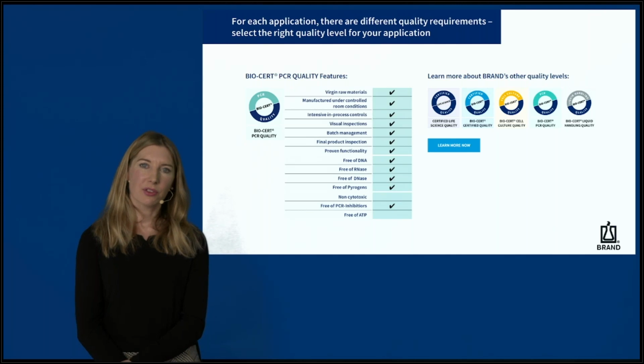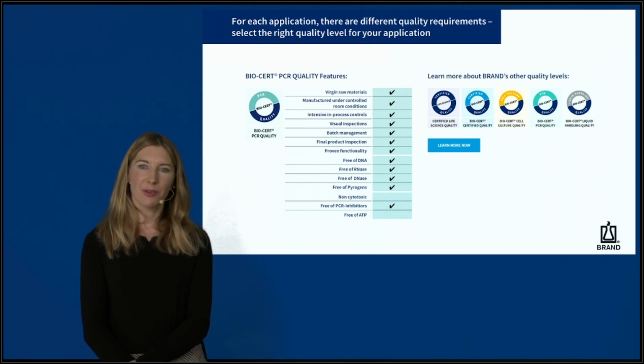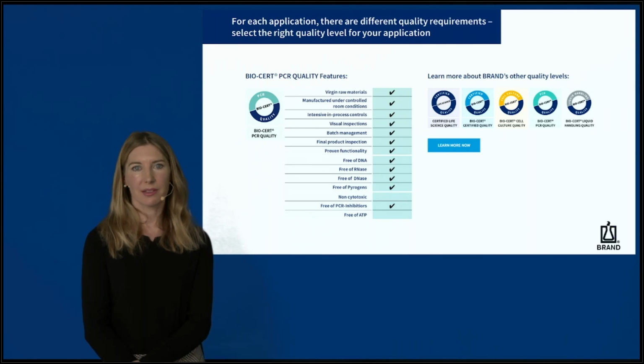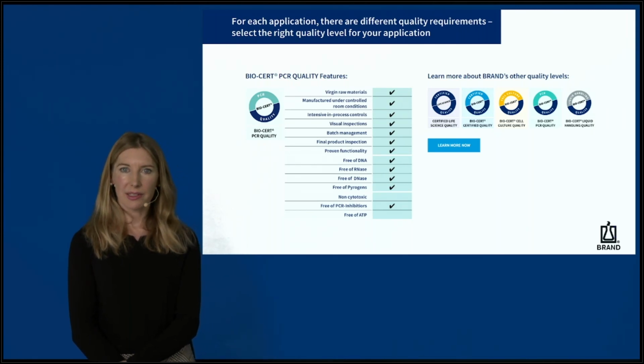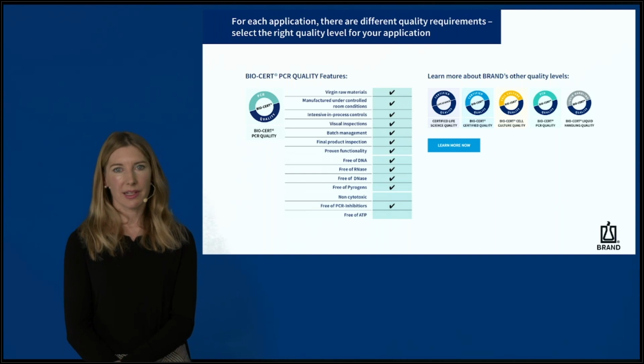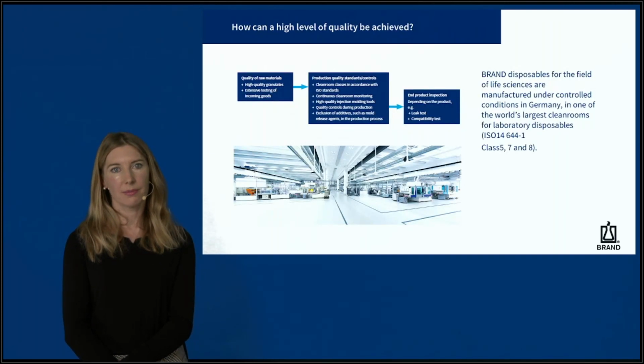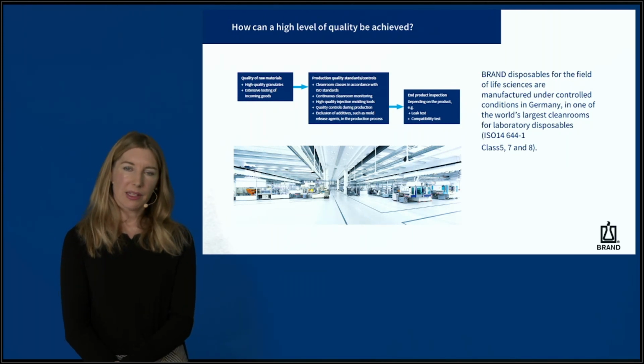The different manufacturers provide various guides to the classification of purity, which help to make the right choice of products. Don't worry, this scheme should only give you a rough overview of the different purity levels. In addition to the general certified quality label, there are special quality levels for PCR, cell culture, and liquid handling. As a result, you will quickly and easily find the right products for your application. The right quality level of PCR consumables is required for reliable and correct results.